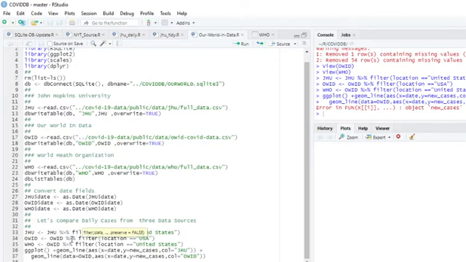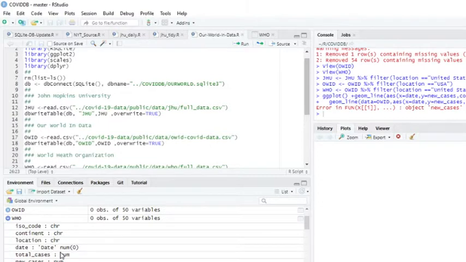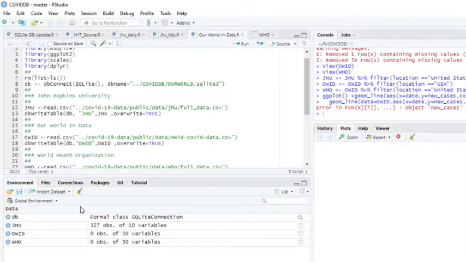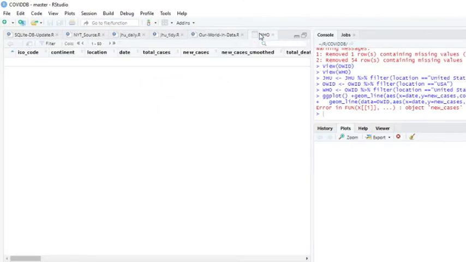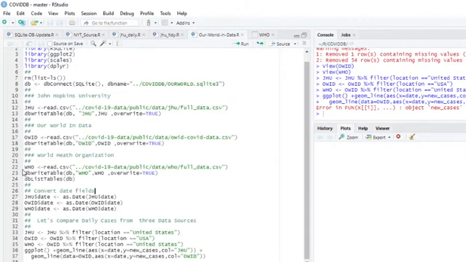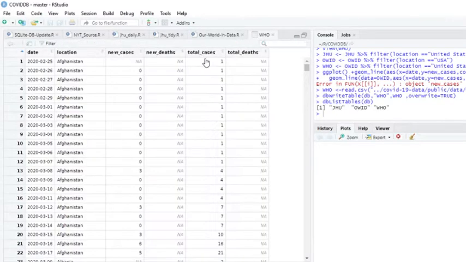Our World in Data. Okay, so let's just come back down here, run this again, and back up here.